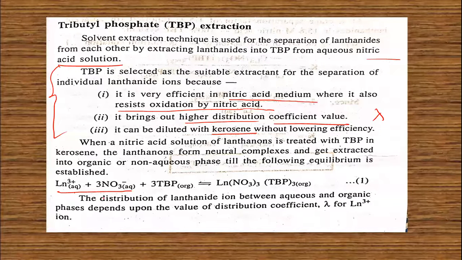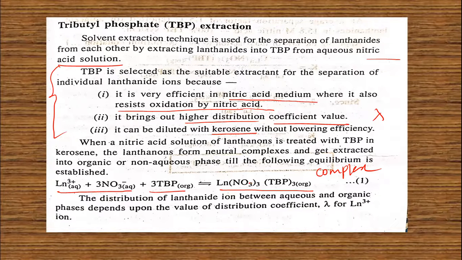Okay, and that solution is added into tributyl phosphate as an organic solvent, and this complex gets formed here. This is a complex. So in this case also, a complex formation process takes place. Tributyl phosphate is a ligand, and the nitrate ion is also a ligand. So this complex is formed here